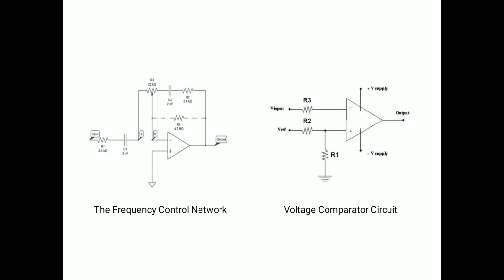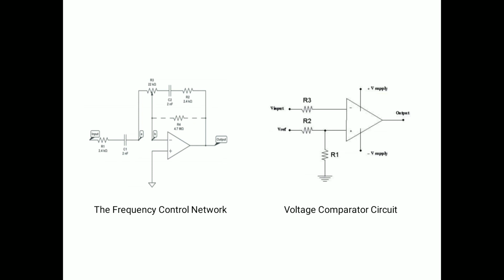In the other case, when the voltage comparator multivibrator gets the negative slope of the triangular wave, that voltage is applied to the inverting terminal of the op-amp, and V reference is connected to the non-inverting terminal of the op-amp. So the output of the comparator gives a constant voltage which has a lower level, which produces this. So the voltage comparator multivibrator present in this block will produce a square wave.